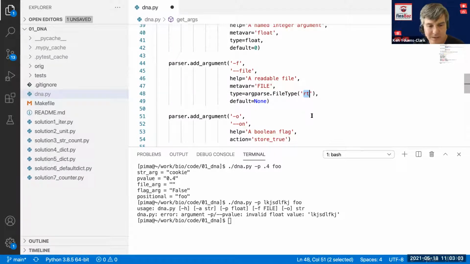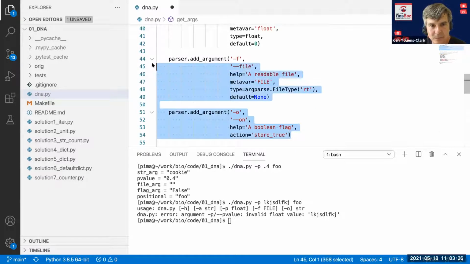So if I were to, for instance, give it a file that I don't have permission to read, argparse would stop and say, nope, I can't read that file, it's invalid. And that's really important because you want to validate those kinds of things right away and not wait for some function deep inside the bowels of your program to try to open the file and then fall over. You need to validate these kinds of things immediately.